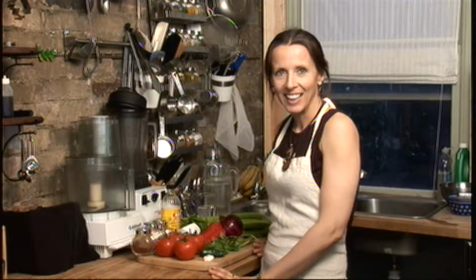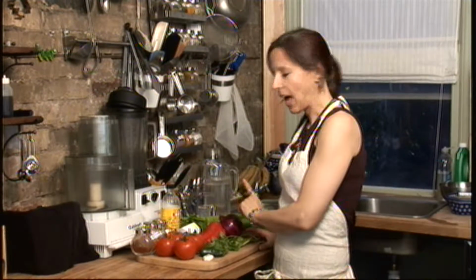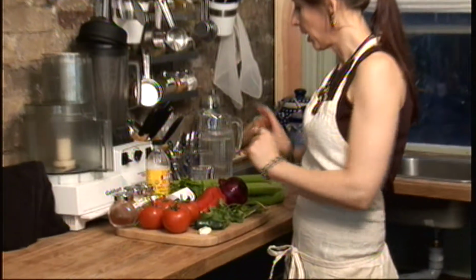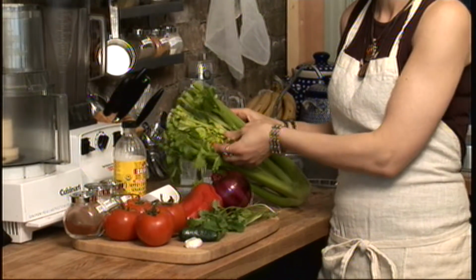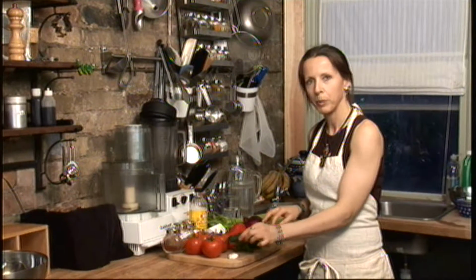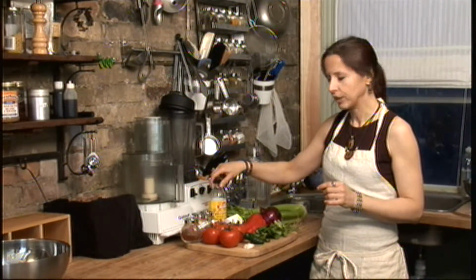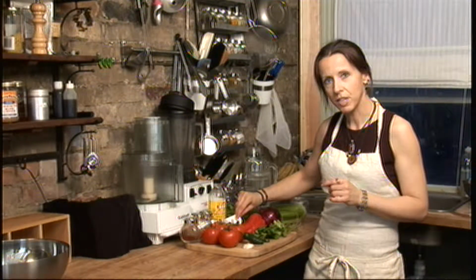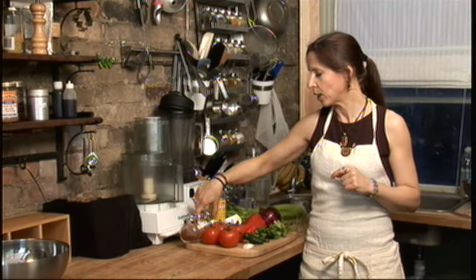Okay, we're going to make salsa. For salsa we need 4 tomatoes, half of a red pepper, half of an onion. We just need the leaves of the celery. We need 2 tablespoons of leaves, 3 sprigs of cilantro, 1 jalapeno, 1 garlic clove, a tablespoon of apple cider vinegar, a teaspoon of salt, half a teaspoon of chili, half a teaspoon of onion powder, and a 1/4 teaspoon